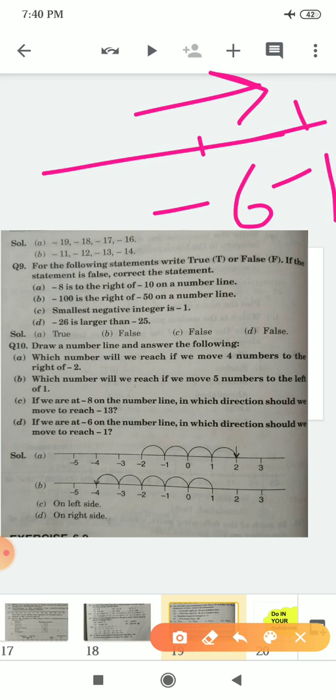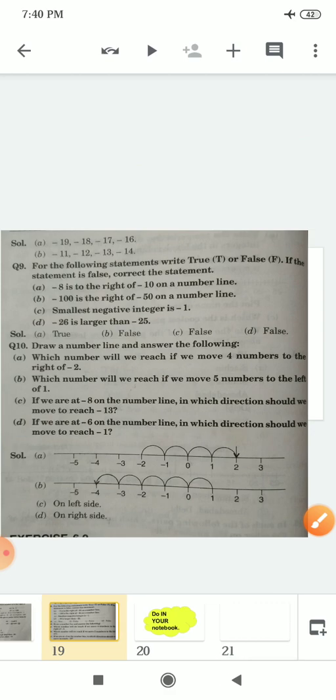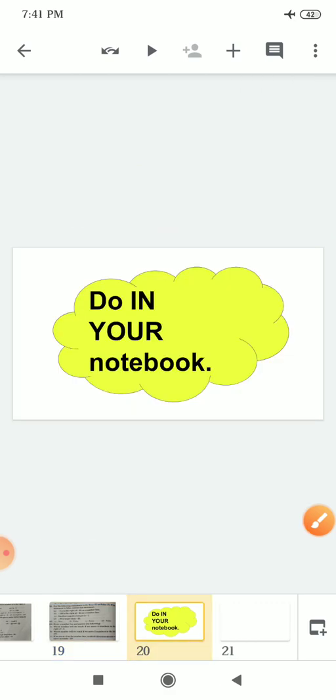Okay, so it is very easy. I hope you all have understood the chapter and you all will practice this chapter. You will get to know what is there in this exercise. Okay, further we will continue later on. So practice this much.